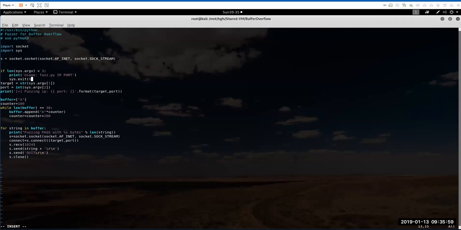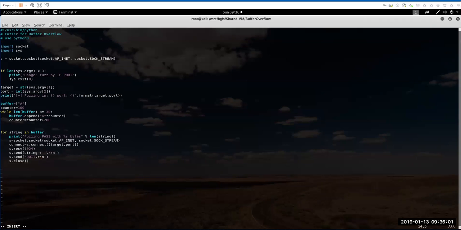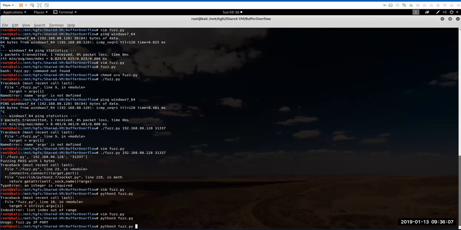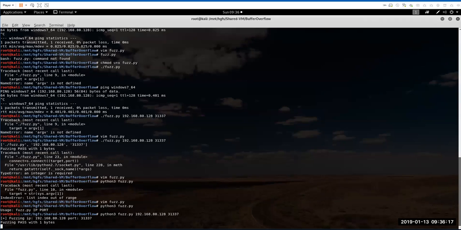Let me check again. Unable to connect to the target. 31, 30, 37. 31337. Yeah. All right, so